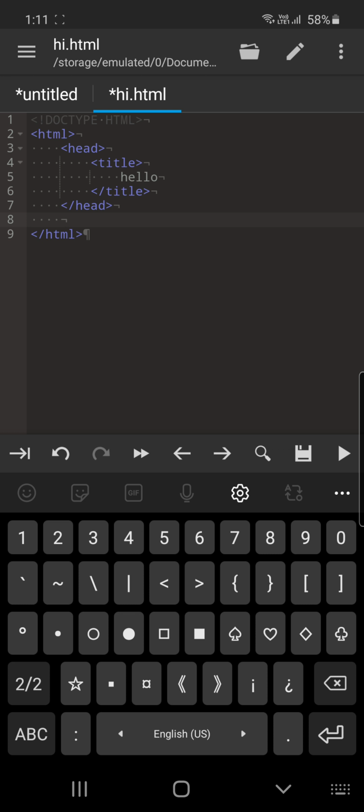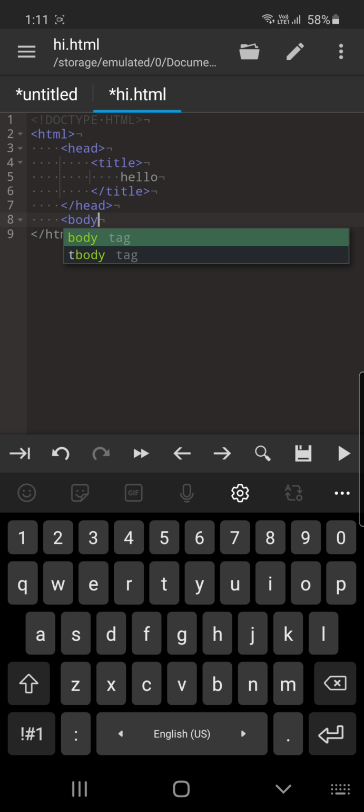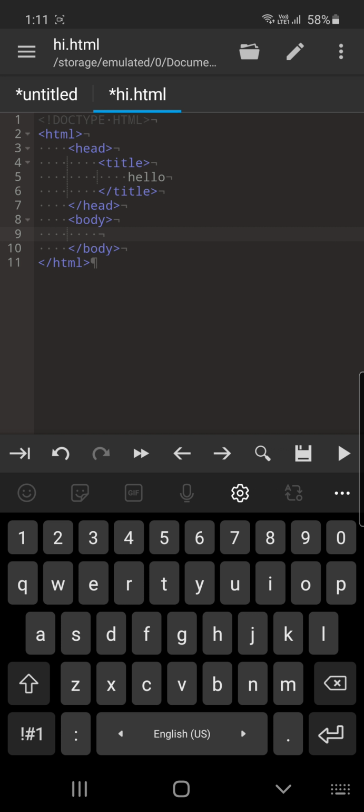Now the second part of your HTML document will contain the body tag. So the body tag is also very simple, and as you can guess, it is the main body. So your head tag will not be seen by other people directly. After the web page is loaded, they will be able to see what you have typed into the title, just as I told you.